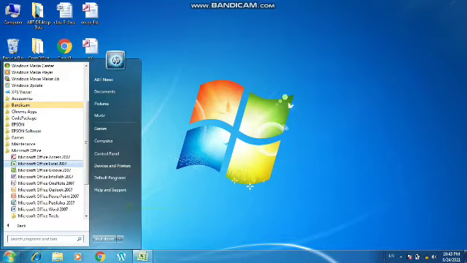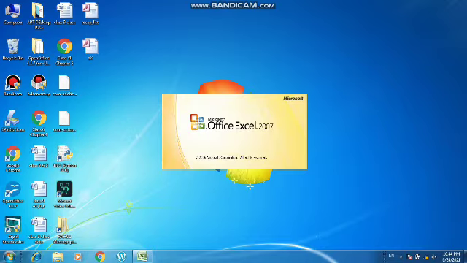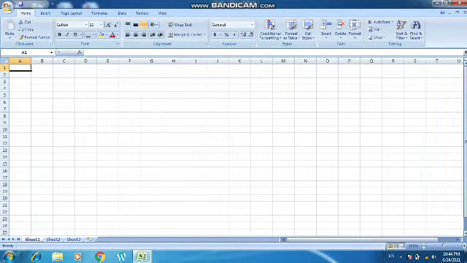2007 is the version which I have on my computer. If you are downloading, you can go for 2010, because you are studying only the chapter. Mostly all the features are the same in both 2007 and 2010. Only the appearance of the software is changed a little bit, so we can work on this to understand all the details. So I am clicking on it, and you can see that Microsoft Office Excel will be opening in front of us. See the look of Excel, and it is in the form of rows and columns, right?